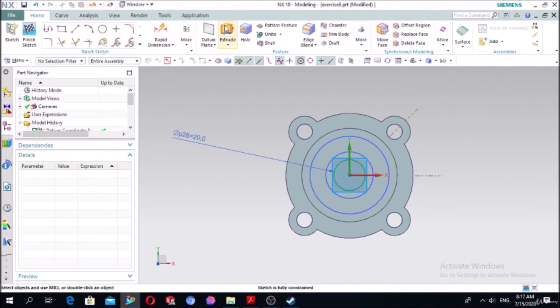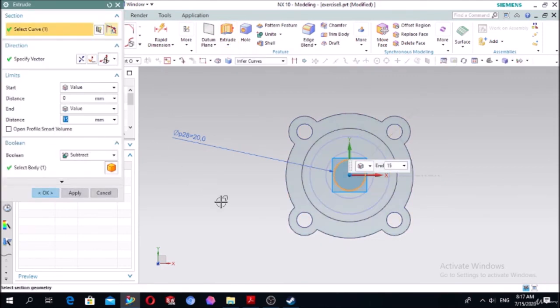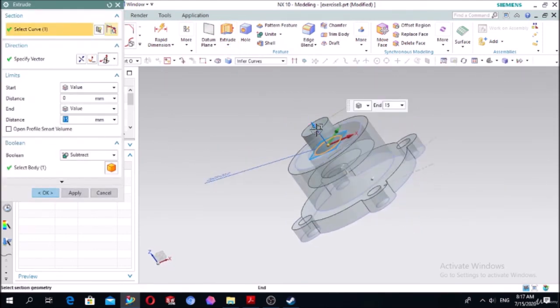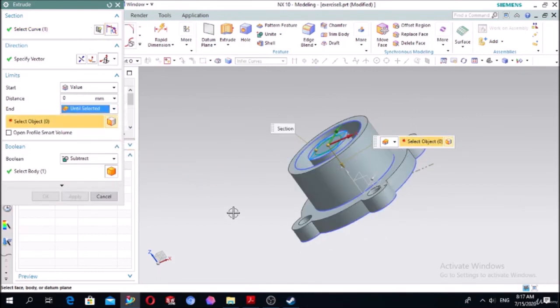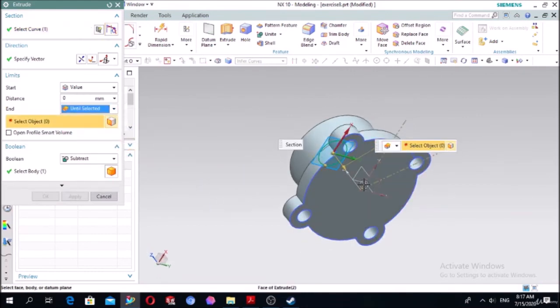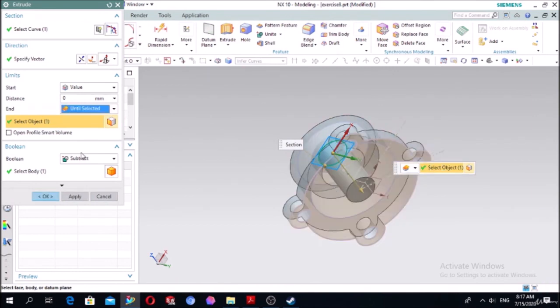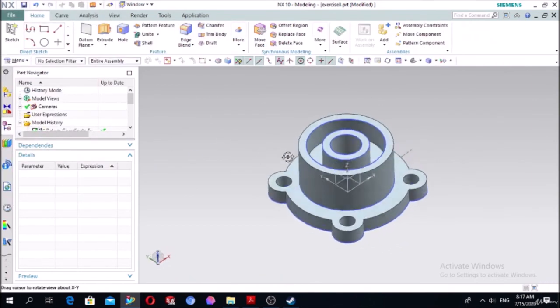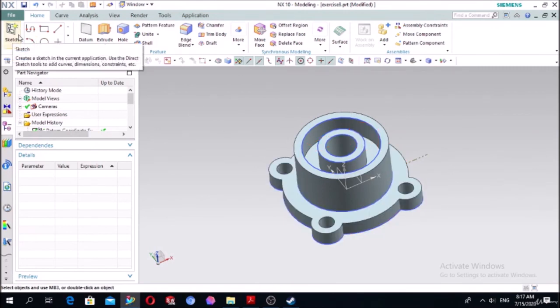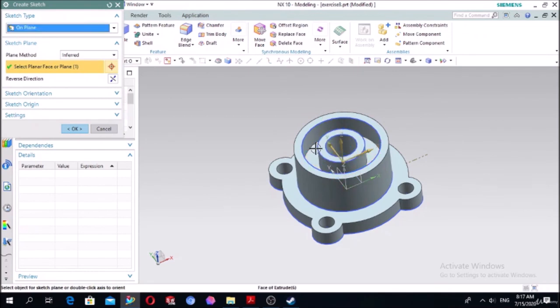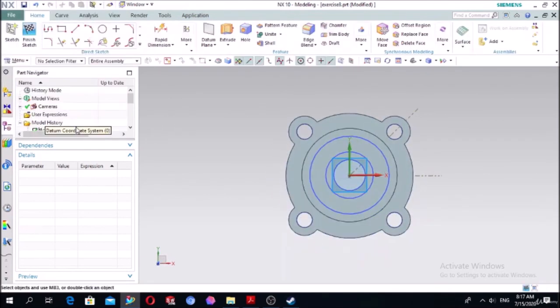Close, extrude, reverse direction, and the end value is until selected of this face, subtract, OK. Last step is to draw the holes, sketch this face, press OK,